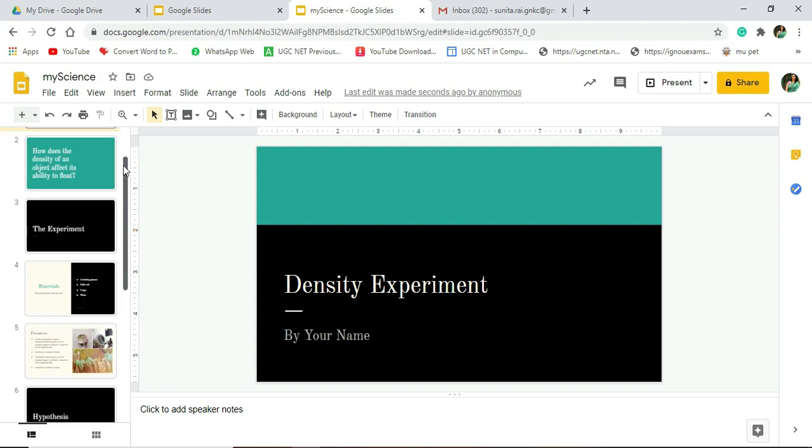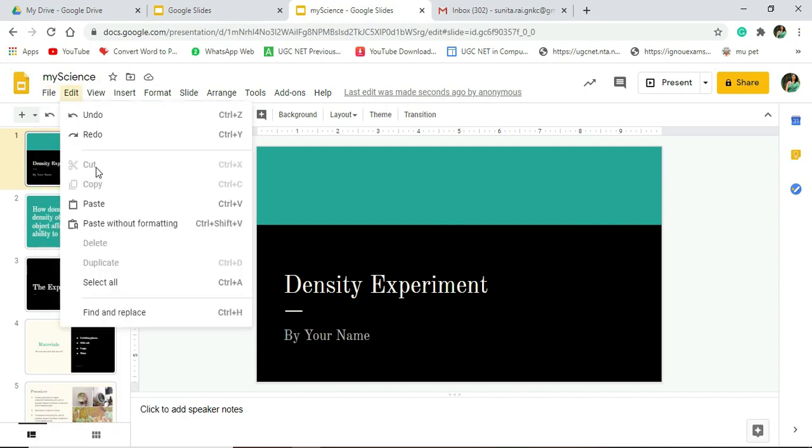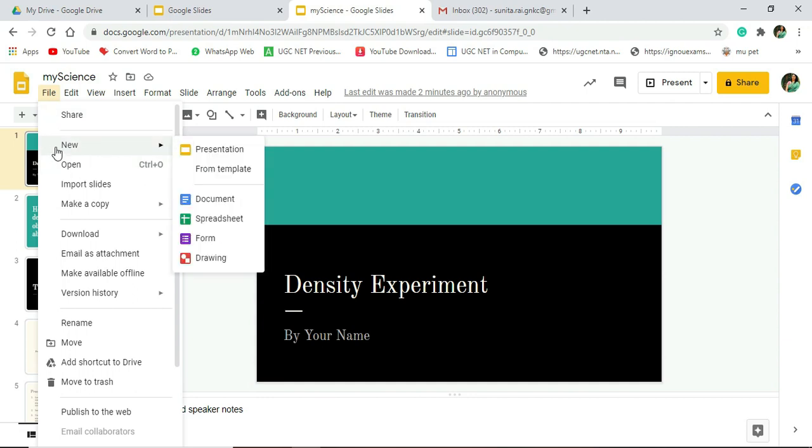Now let me show you the different menus available over here. As I said, we have versions available of whatever changes we are making. Here I'm getting that the last edit was made a second ago. Then let me show you the file menu. In the file menu we have various options such as creating a new presentation, creating a new document, spreadsheet, drawing, opening, importing a slide, and making a copy.